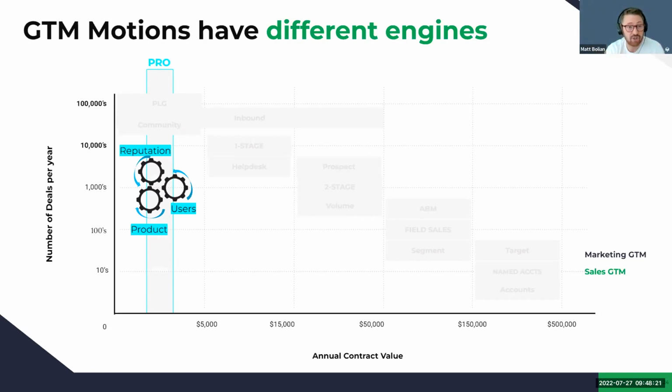Reputation matters. Users, you're going to have crazy HubSpot bleeding, like orange blood bleeding people that are users that just go out and promote. And then the product itself, having a wicked awesome product is in and of itself a growth mechanism because you are leading with the product and it is what's converting.